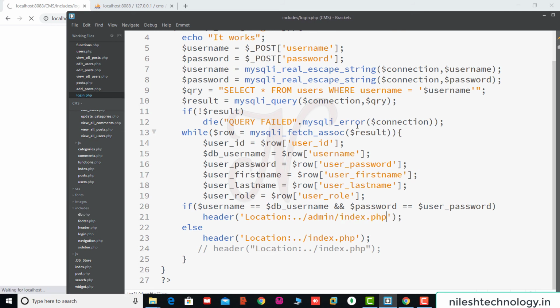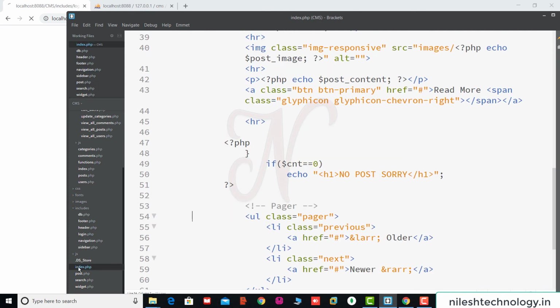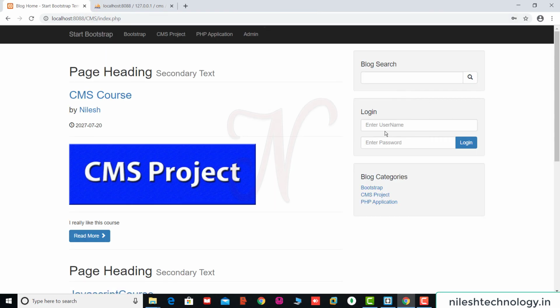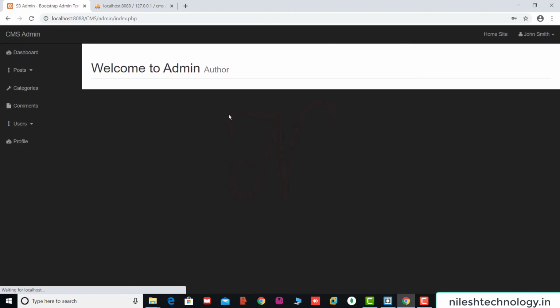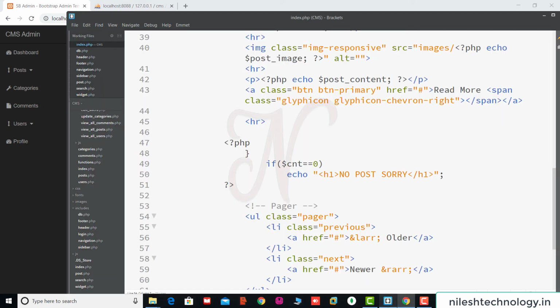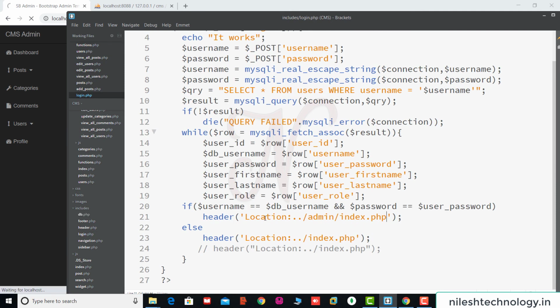See here, again we run this login.php file, index.php file. So Neil 1234, finally you are in the admin index.php file.